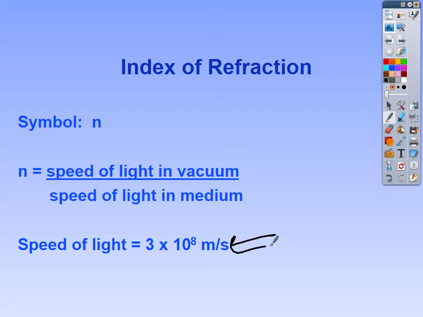There is no point that the speed of light gets any faster than in a vacuum. The more dense the material is, the less the speed is. And again, it's not going to be a giant change in speed. I mean, when we change to another medium, it might be 2.98 times 10 to the 8th. So it's usually only going to be little changes with the index of refraction. But again, the larger the index of refraction, the larger the change in the speed of light. So